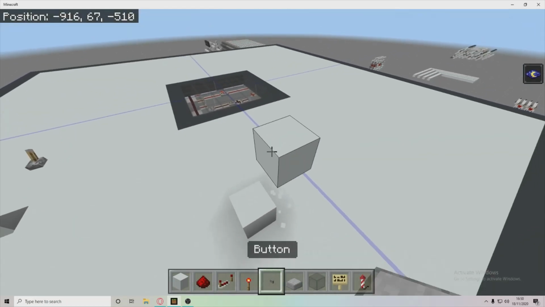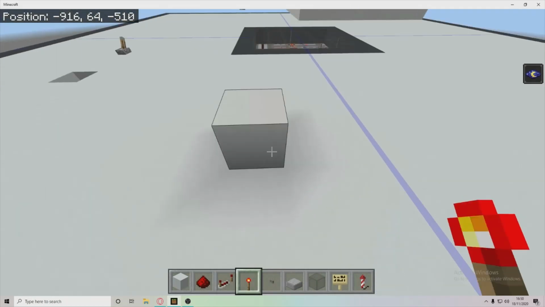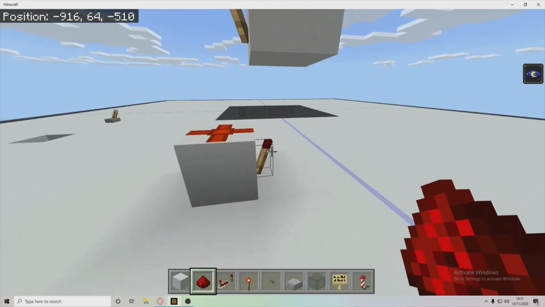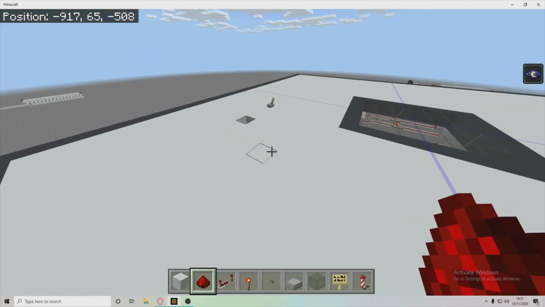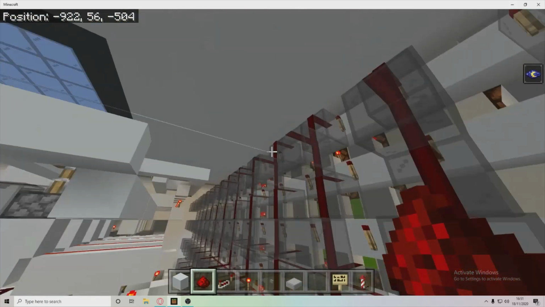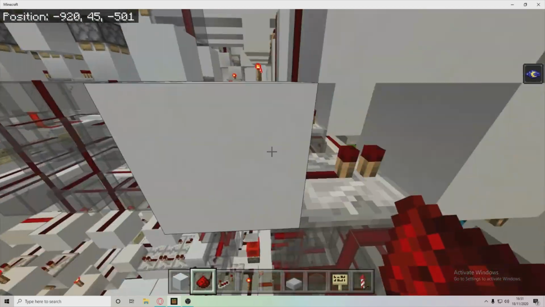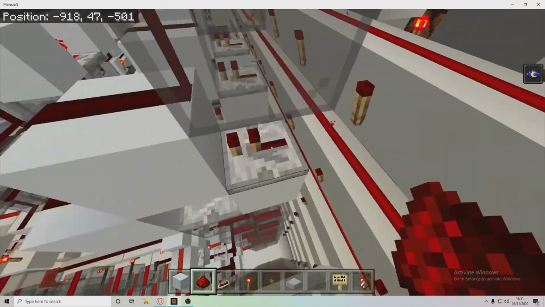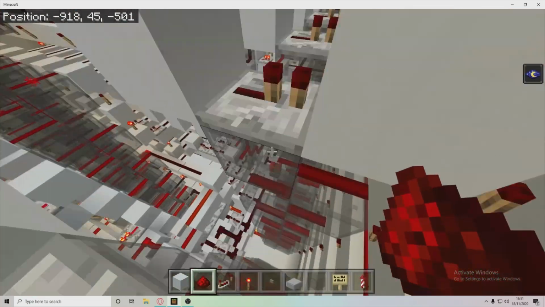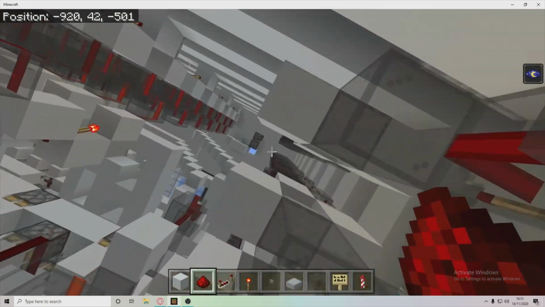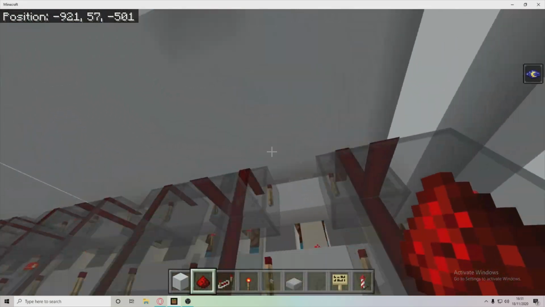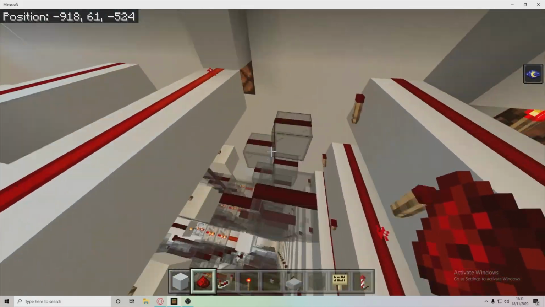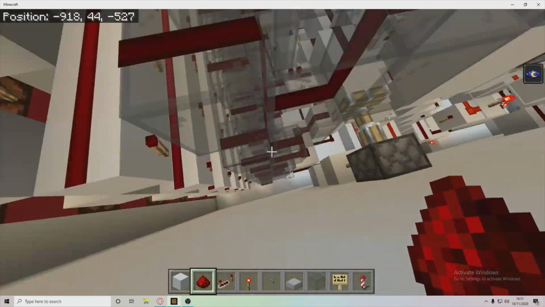a torch tower, as you can see, this is the fastest design possible. Each torch is a tick, so that's 1, 2, 3 blocks is 1 tick. So every 3 blocks there's a tick of delay added, which is kind of a bit annoying. But with this, I only have 1 set, so 1, 2 ticks added. Actually no, 1 tick added, because this repeater is from this torch, so it doesn't interfere with the signal. So that's only 1 tick added in the entire, from going all the way up here, down all the way to down there, which with Nubosaurus's computer would be like a second or 2 seconds added, which is a long